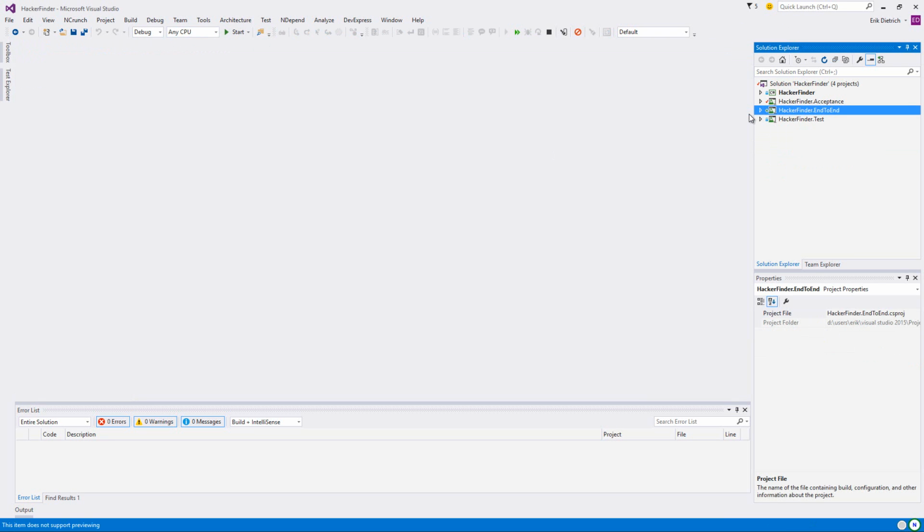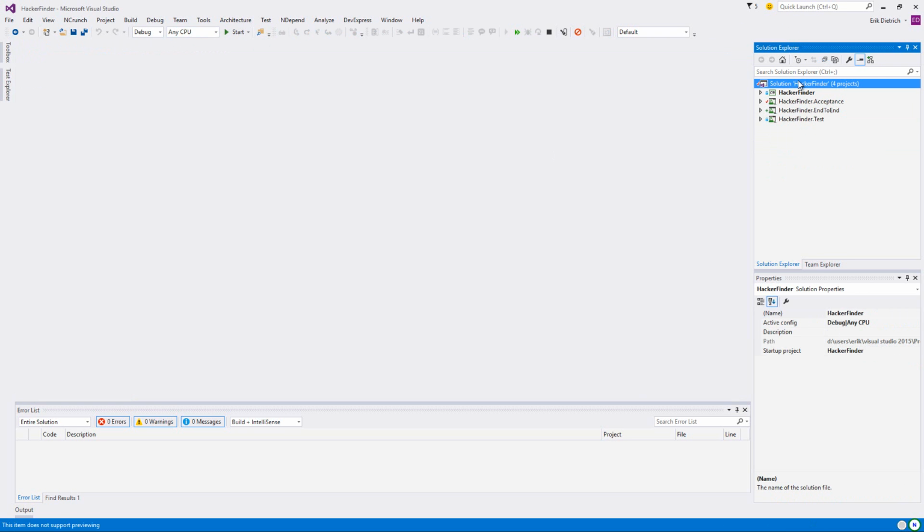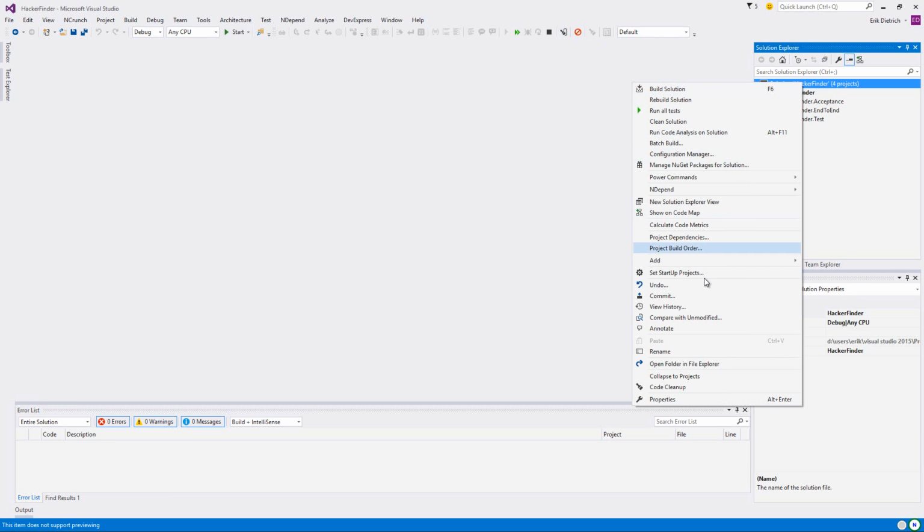One thing that would be interesting is if I were collaborating on this with a number of people. I'm pretty sure that I'm not pushing up those local NCrunch settings, so it would be up to each individual to do an ignore like that. So if this were a team environment, that might be a challenge: how do you select a preferred NCrunch configuration for the solution?